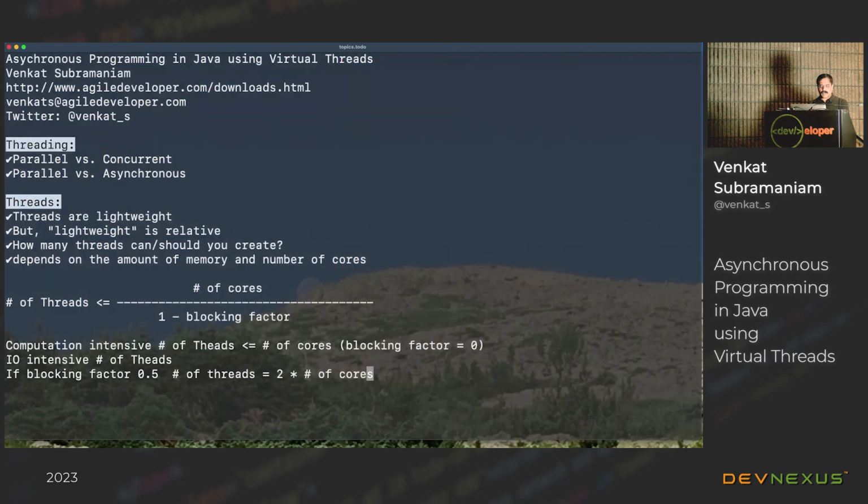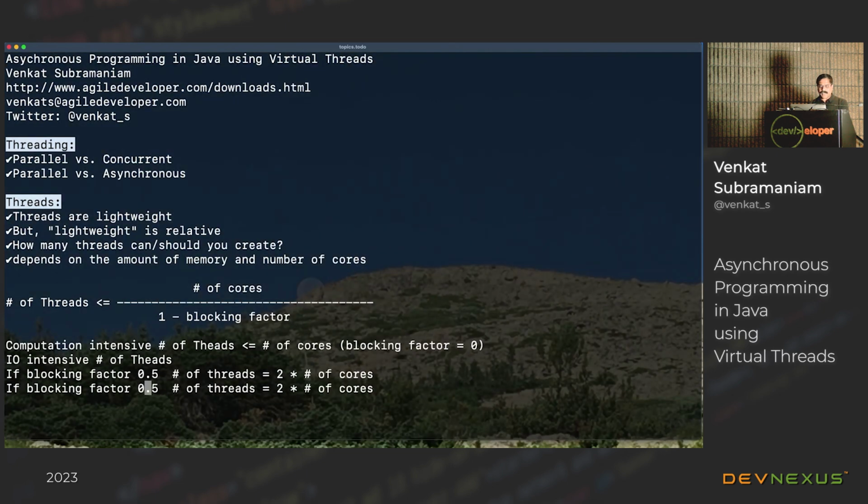On the other hand, if your blocking factor is, let's say, 0.9, then you're going to block for 90% of the time. You can have 10 times the number of cores in such a case. So the idea really is you can have more threads if you're doing I/O operations.